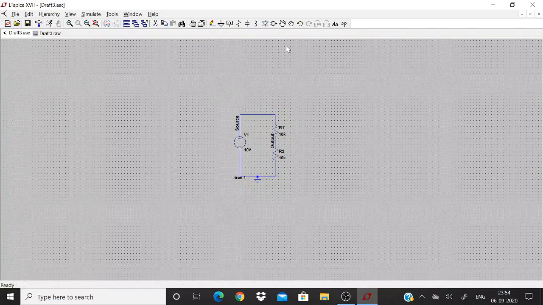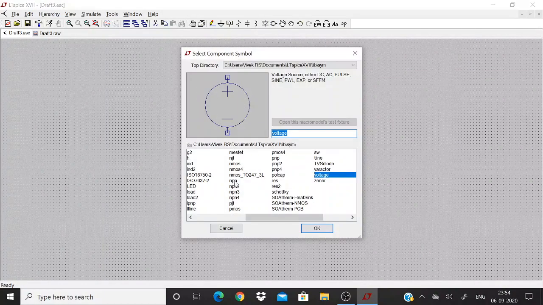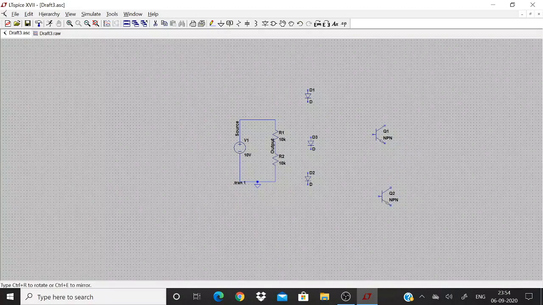I can even randomly add components. Look, I can add components like this. I can select a different component called a PNP transistor or NPN transistor. Even though this circuit doesn't make sense, I want to explain how to connect more components.